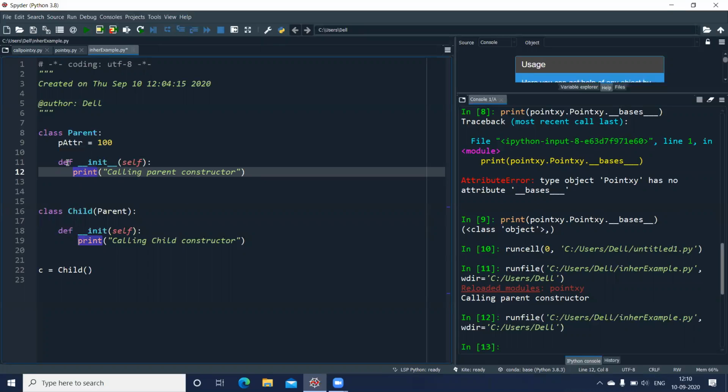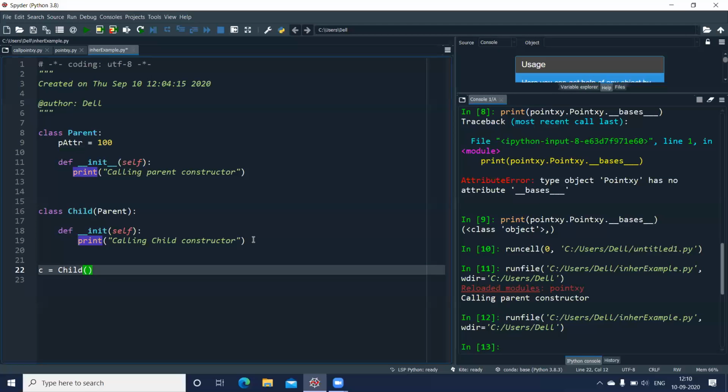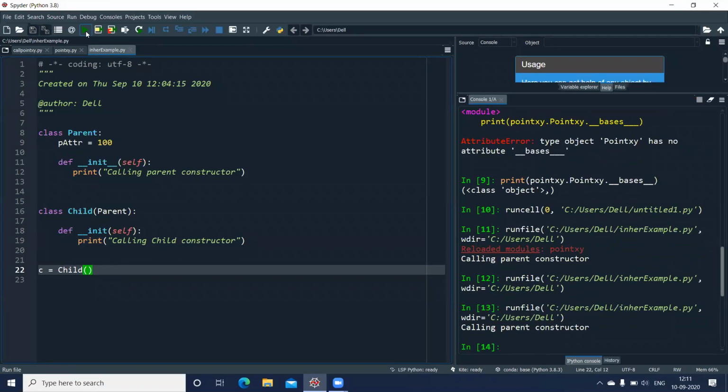Clear? Whereas in this case, when I create the object here, why is this not getting printed? Anyone? Why is this line calling child constructor not getting executed? Yes, guys, any answer to this?